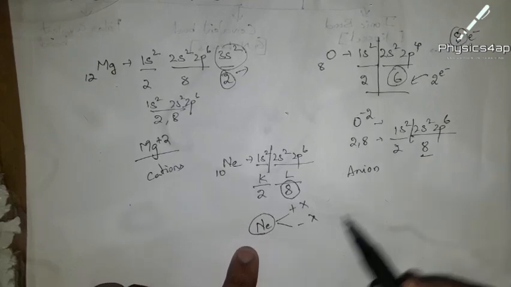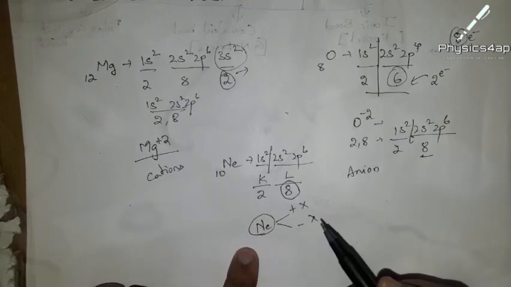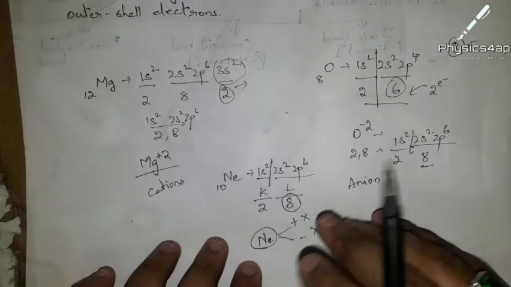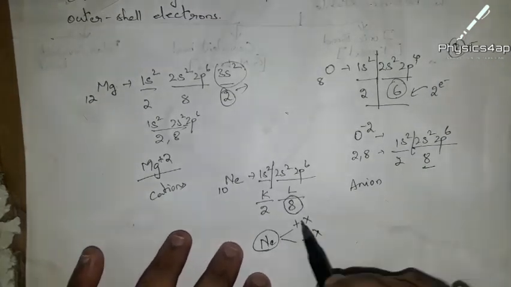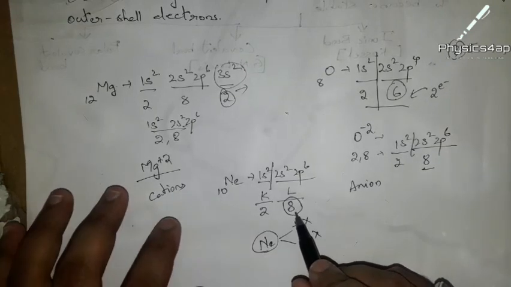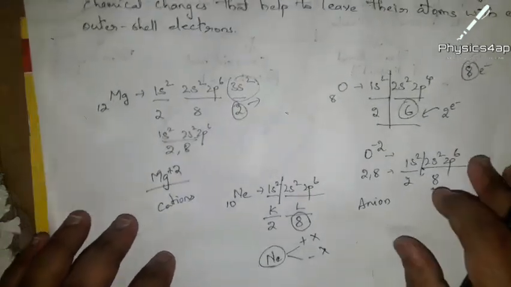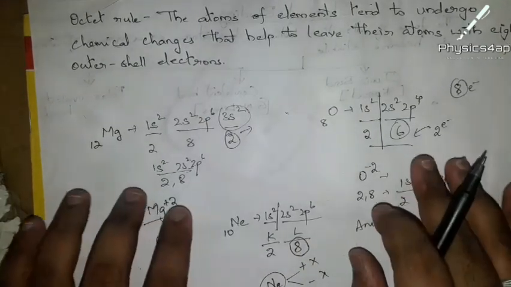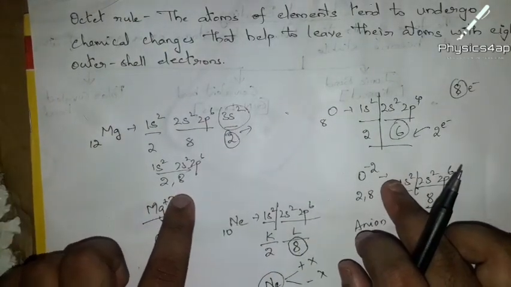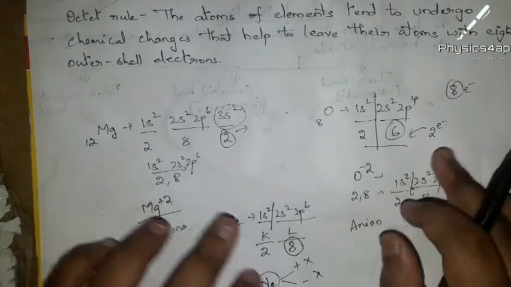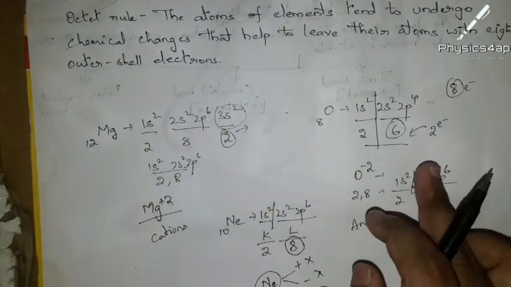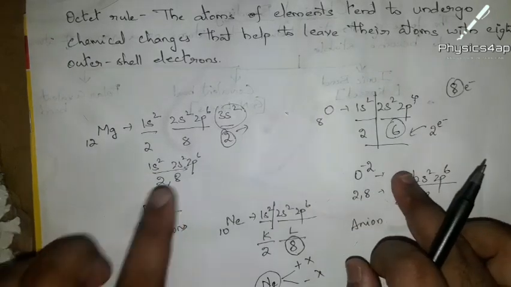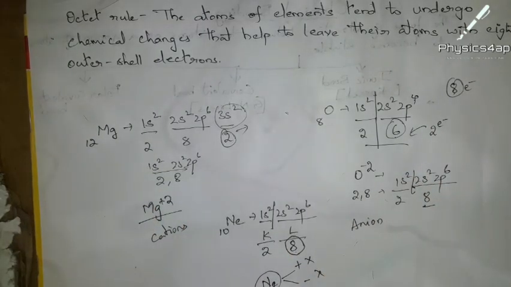Because it doesn't get combined with any one of the atoms. So that is why we cannot convert this neon into a cation or anion. Why? Because already its outermost orbit consists of 8 electrons. Okay, clear? Now when we see this for cations and anions, as there are no 8 electrons in the outermost orbit, we add electrons or we remove electrons. So by this we get the outermost orbit as 8, and then we get the bond formation over here.